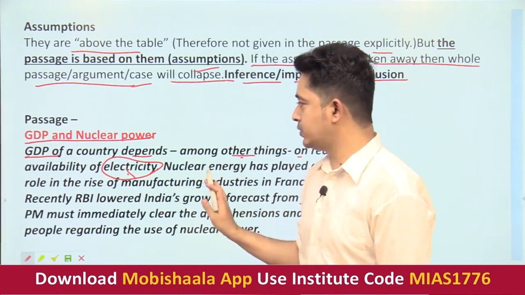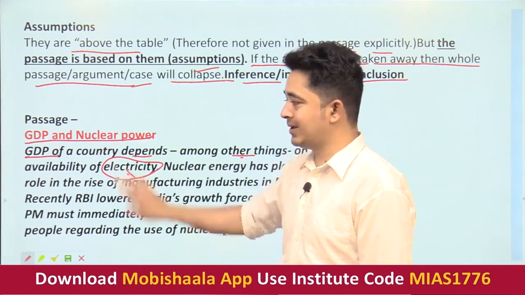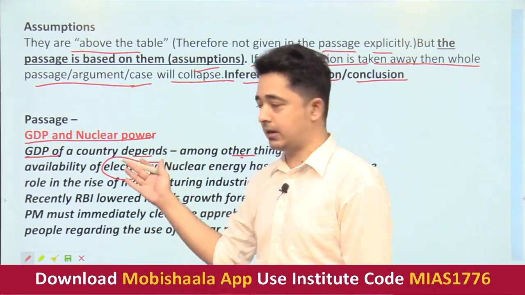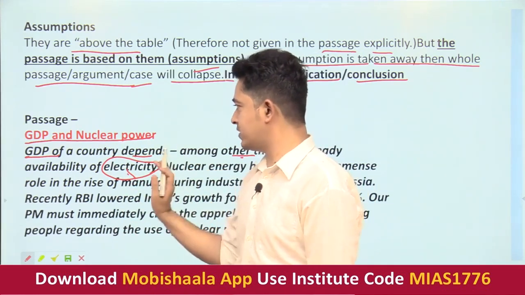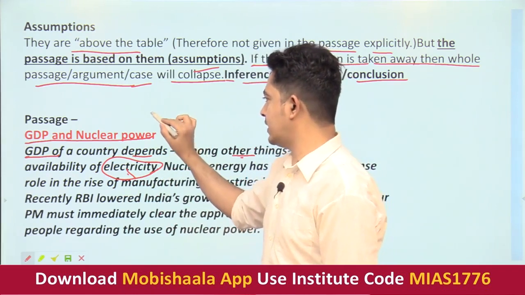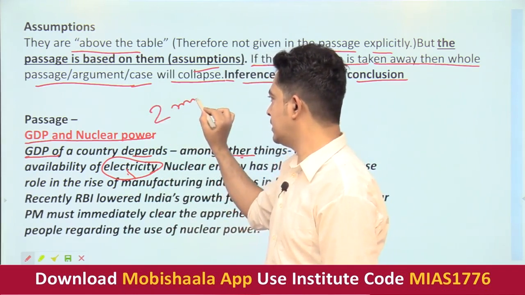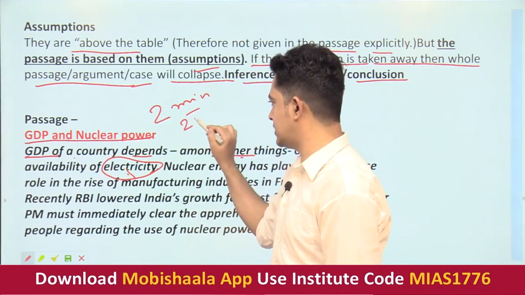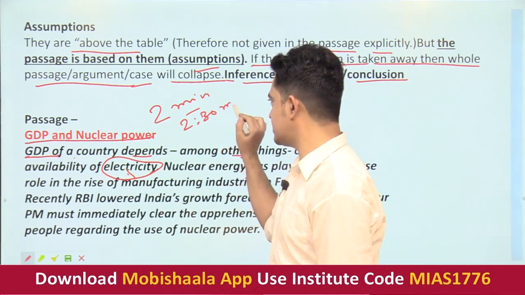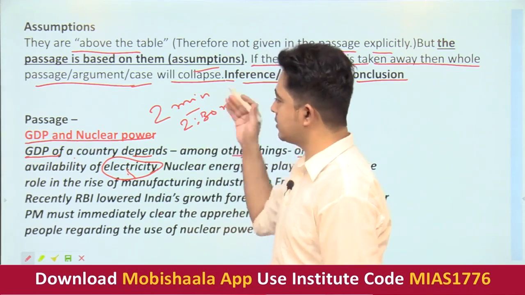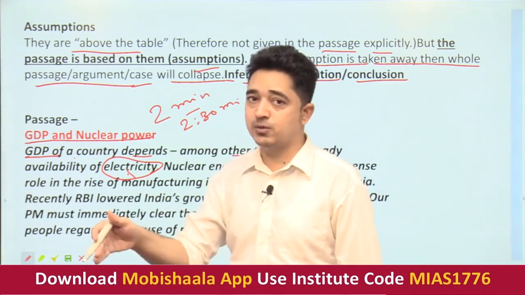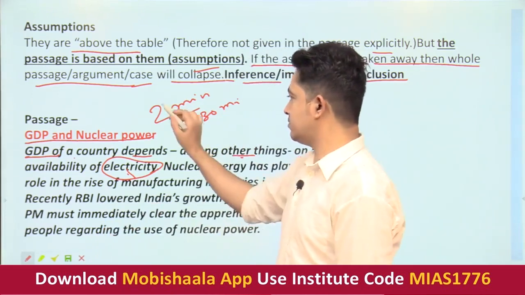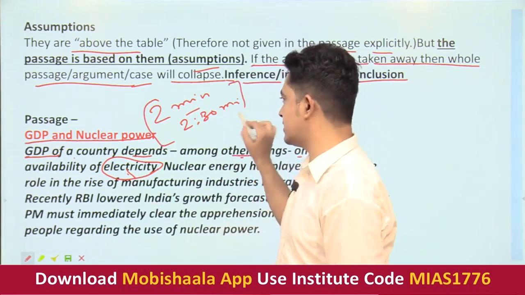Do not try to translate English into Hindi and then try to solve it. Most of the students are doing it. First thing, to solve one passage you need almost 2 minutes, right? And if we first convert the English into Hindi, we will need 2 to 2.5 minutes just for that. 2:30 minutes we are just wasting. And then solving the questions, and again the questions will be in English, and you convert them into Hindi again. From my point of view, you are just wasting time.